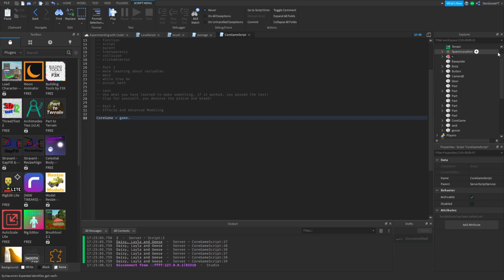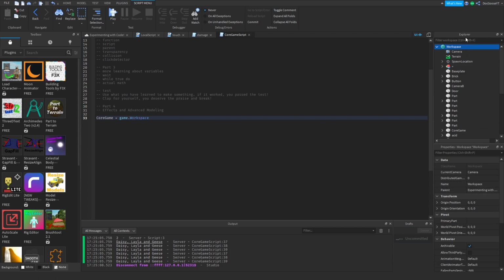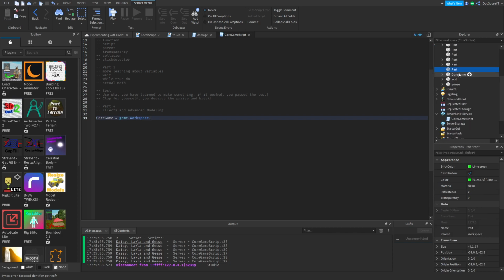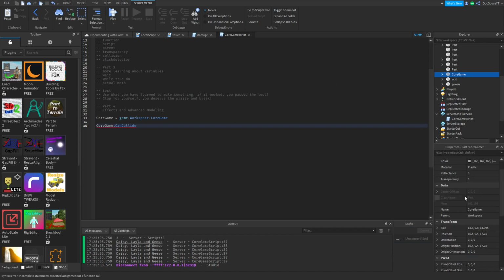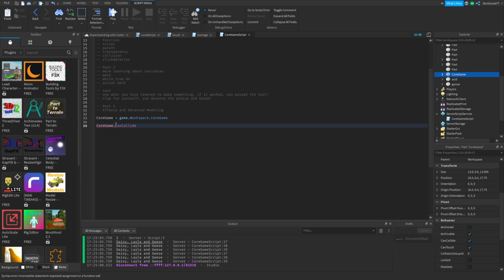game. Game is basically the explorer dot workspace, because workspace is a child of explorer. So one dot will lead us to workspace, and then we put another dot to find core game, and core game is a child of workspace. So we put core game, and now the game is selected at core game. So we can just do core game dot can collide, because we want to go into its properties. So we put one dot to indicate that we want to mess around with core game,